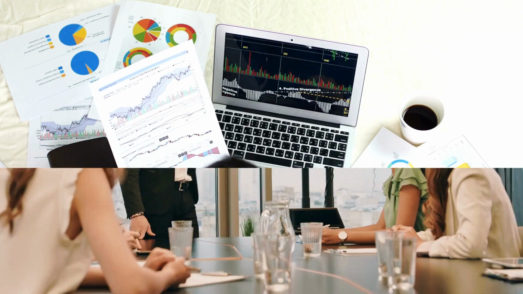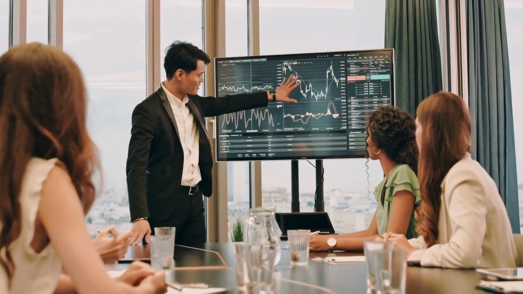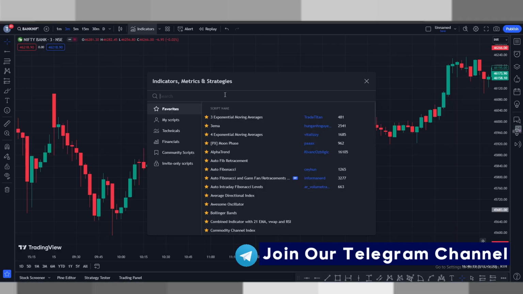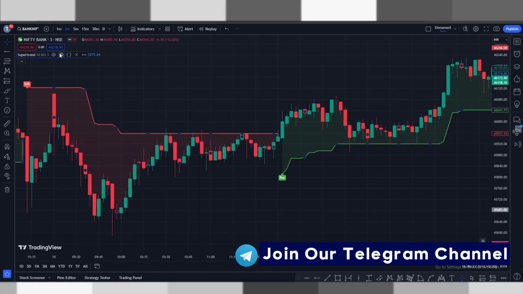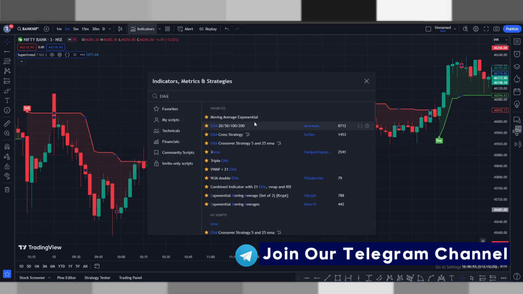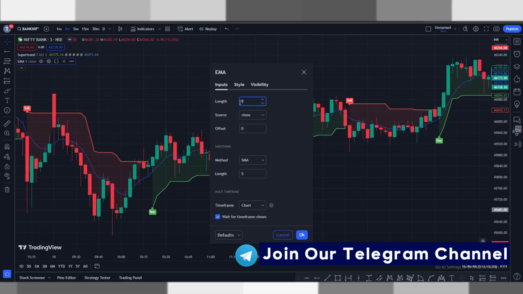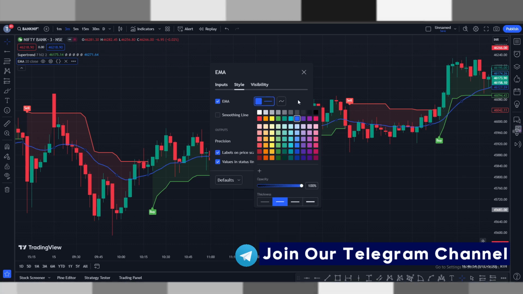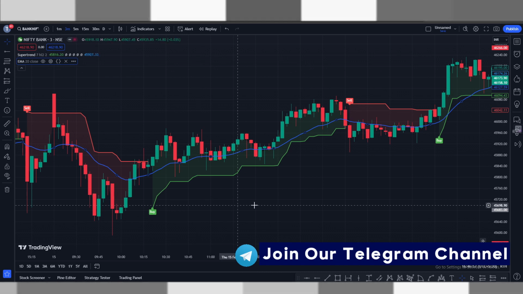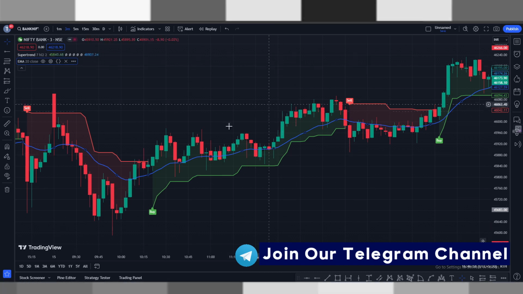The best scalping strategy uses 2 different indicators, and both will give blasting results. First, we use the Supertrend indicator with the setting of 7 and 2. The second indicator is EMA. Go to settings and change the length to 20. In the scalping trade, the candle must be above the 20 EMA and Supertrend must be in the buy signal.